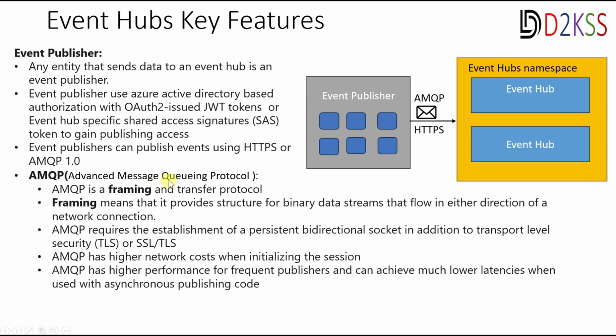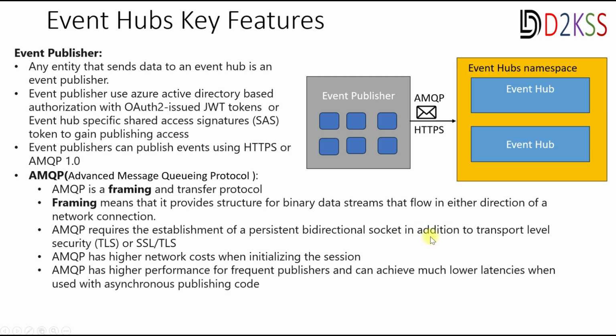AMQP is the Advanced Message Queuing Protocol. AMQP is a framing and transfer protocol. We already know it helps to transfer the data. So what is framing? Framing means that it provides a structure for the binary data streams that flow in either direction of the network connection. Whatever the devices in the producer section are generating, it will transfer as binary streams. It will provide a structure and limit the size of that structure. For example, if you set the limit to 1 MB for event binary data streams, it will help to transfer that. And AMQP requires the establishment of a persistent